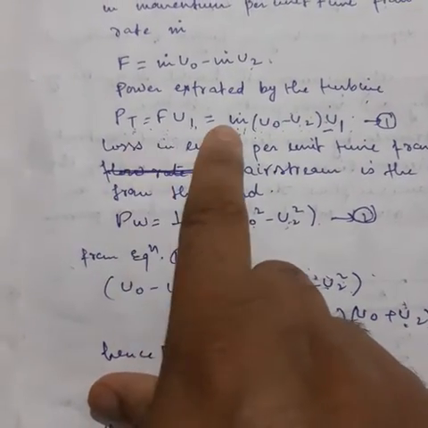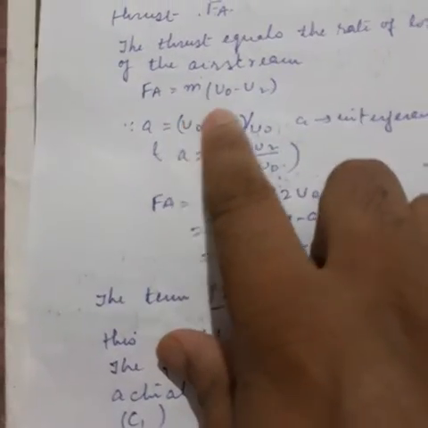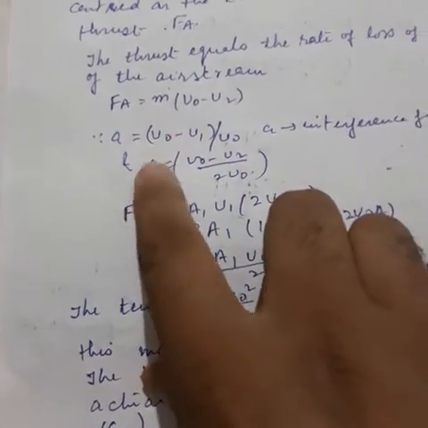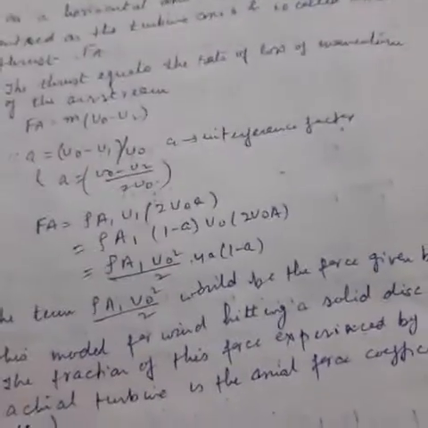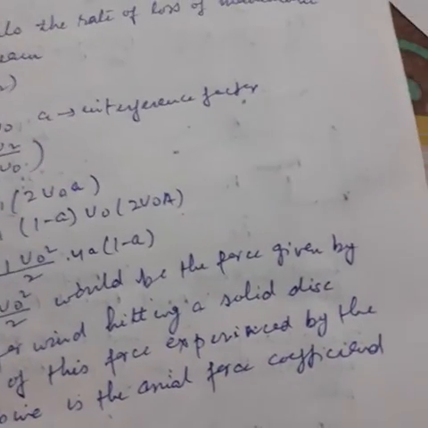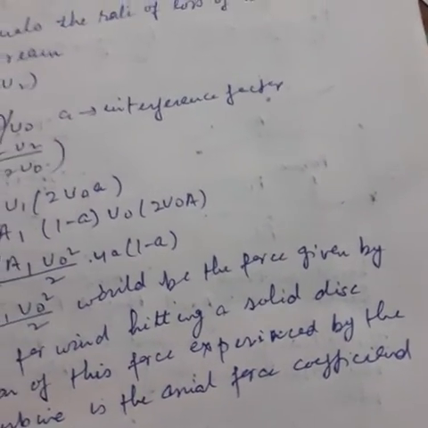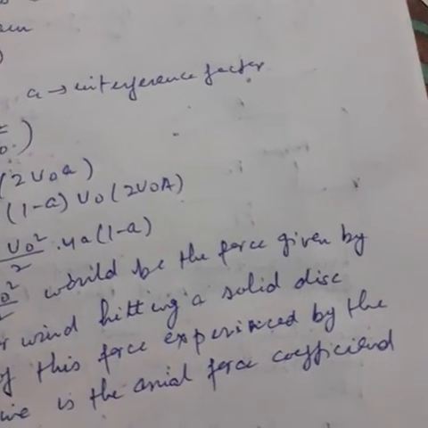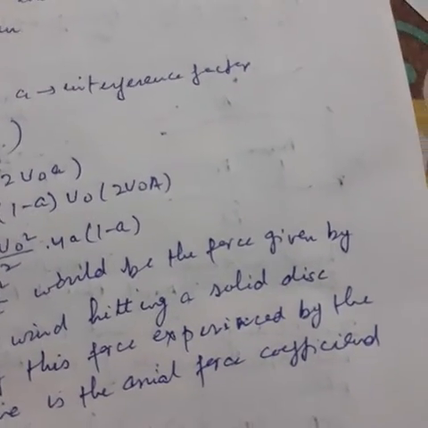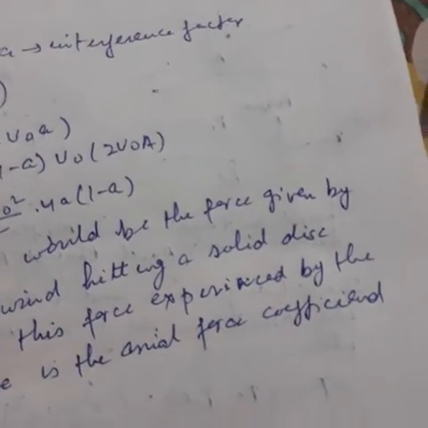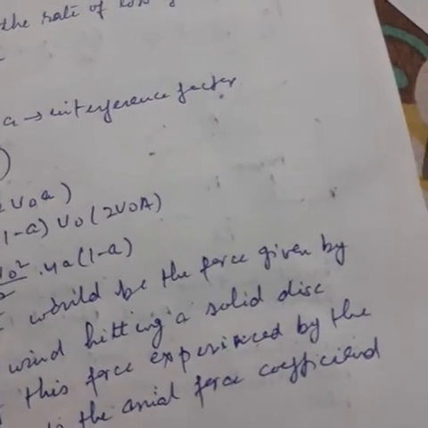So this is the calculation of the power developed by the turbine, and in this topic we calculate the axial force, which we can directly write as Fa is equal to m naught into u naught minus u2. There are interference factors, that is, variations in the air movement. Sometimes the air quality is very good, and when it passes through the turbine it generates power smoothly, but uninterrupted power has to be supplied.